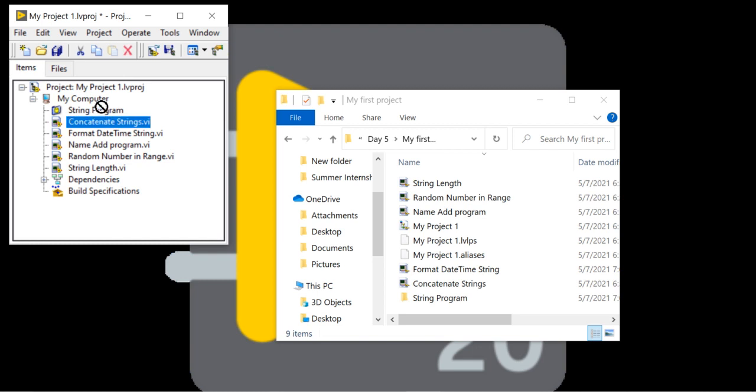Now here I am going to move my programs inside the folder.